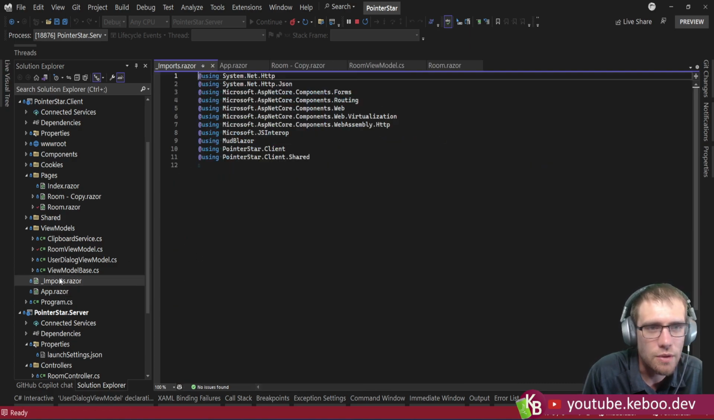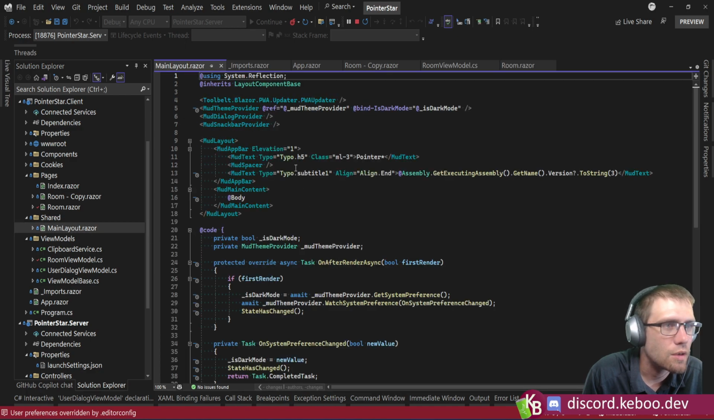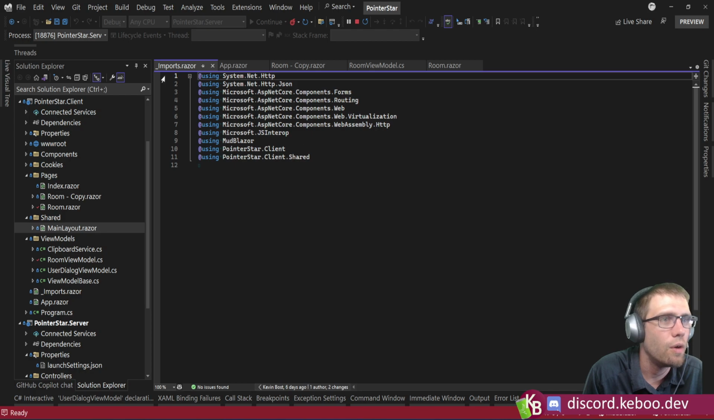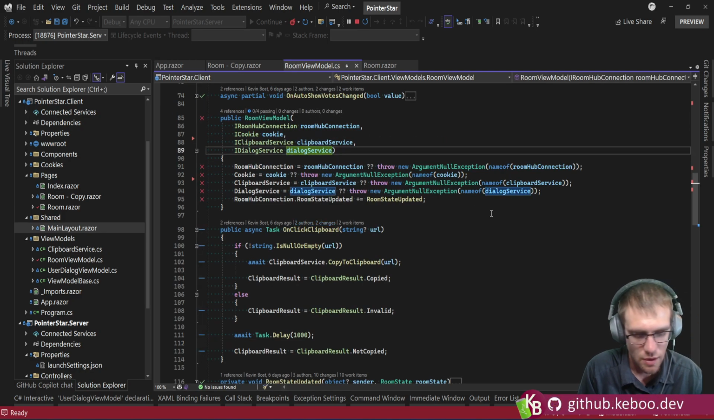Where did we do that? Was it in our imports? No, it was in the base layout. It's in the base layout. Snackbar provider, boom, right there. Got it. Cool. So that means that all I should have to do to leverage this is